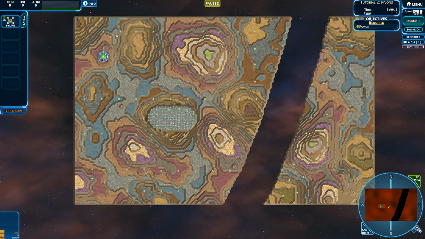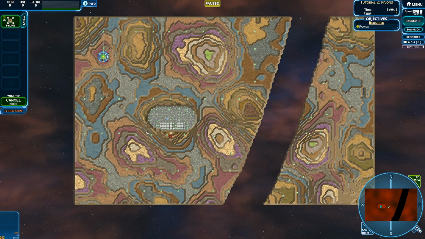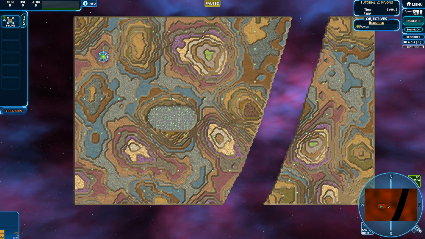So let's take a look at this map. We can see our base is here. We're not going to move it, because I don't even think we can. Yeah, we can't even move the base. All we have are pylons, and our goal is this. So if we look at the network, we can see